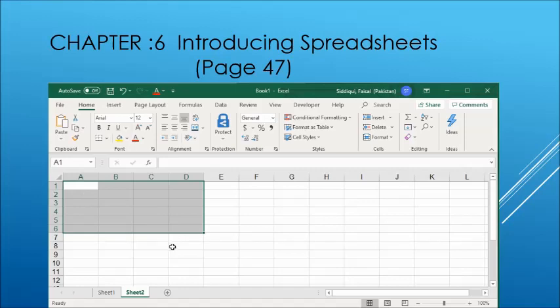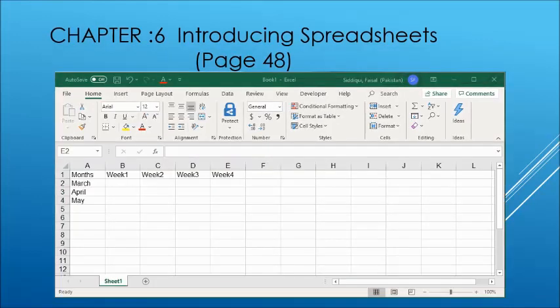In our last lecture, an activity was given to us on page number 47. Highlight the range from A1 to F7 on the spreadsheet below. You will click on the cell A1 from here and drag the mouse till you reach F7. Now you have selected all the cells from A1 to F7 and you will leave your mouse pointer here. You will perform this activity accordingly.